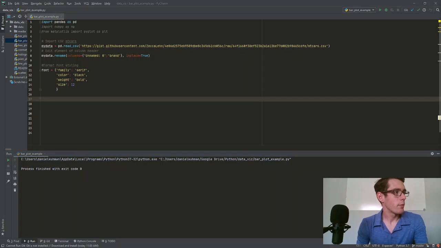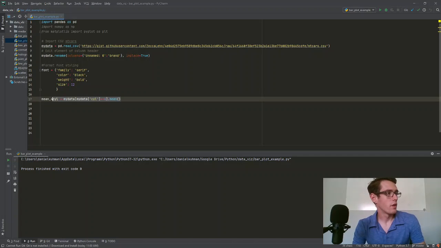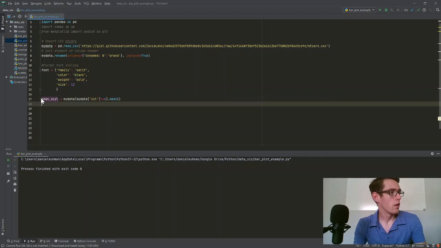To do that, it's very simple. I'm going to just create a new data frame of each of these. So we'll say 4 cylinders. This will be equal to my data, where my data cylinder is equal to 4, and then we're going to just find the mean. So this mean is just going to find the mean of all columns, and then we'll do that for